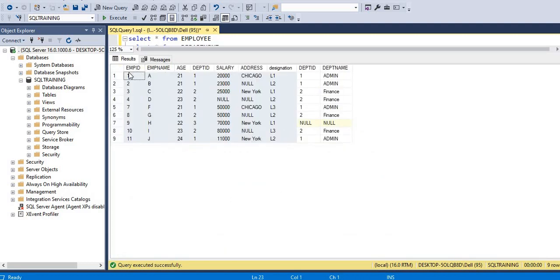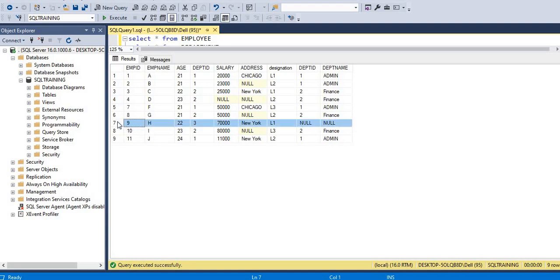So these are all the records that are available in the employee table, displayed here. Which is the record that is not available in the right table? Department ID 3. So 9 is the record